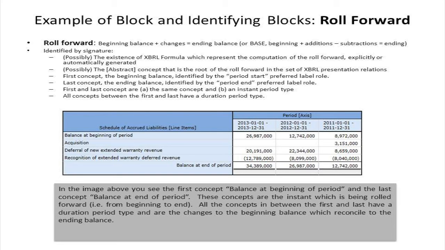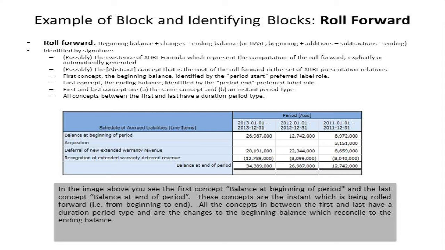A lot of people don't create those business rules. You'd likely have an abstract concept that is the root concept of the roll forward. Then the first concept in the roll forward is an instant, and it has a beginning balance